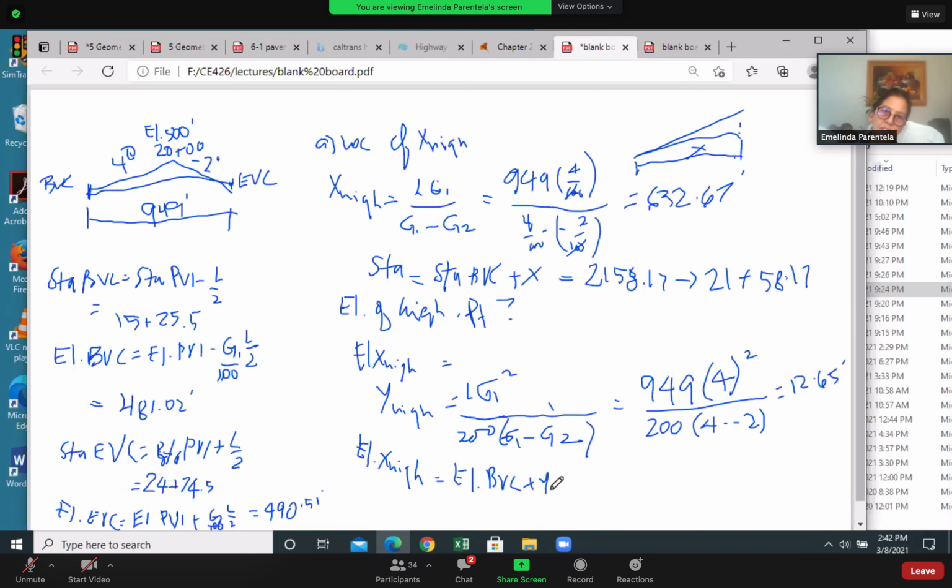This is for a crest curve. The elevation of the BVC is 481.02, so we add 481.02